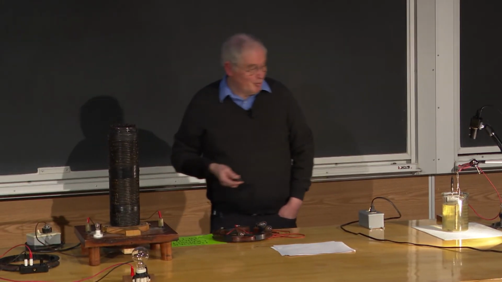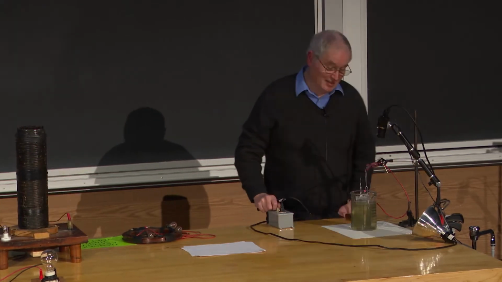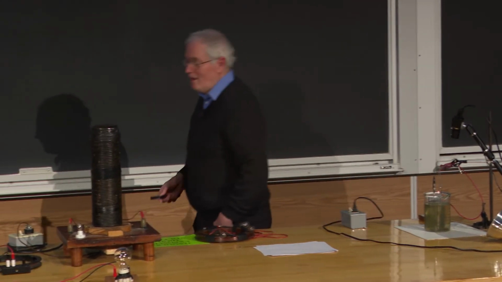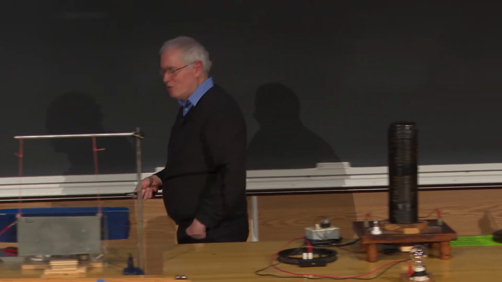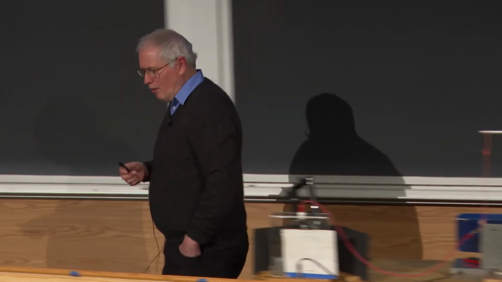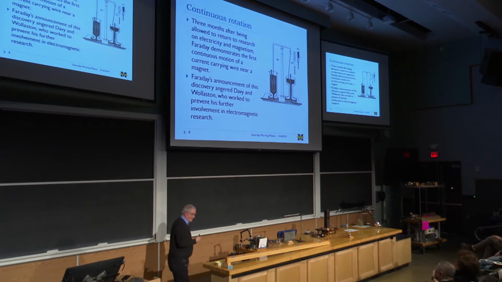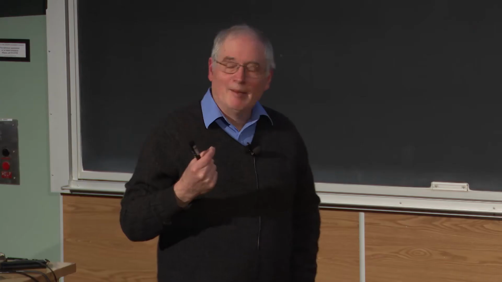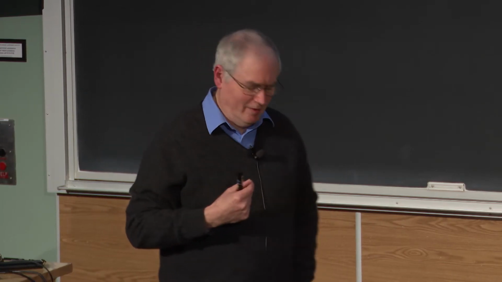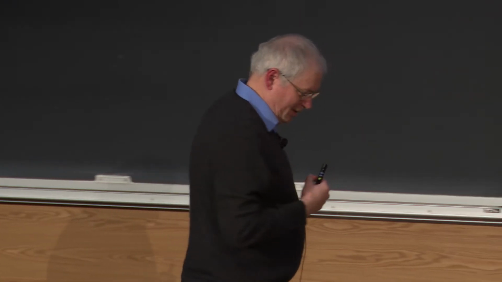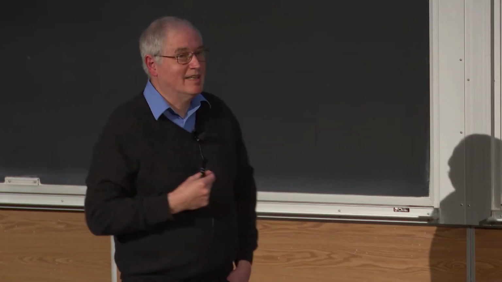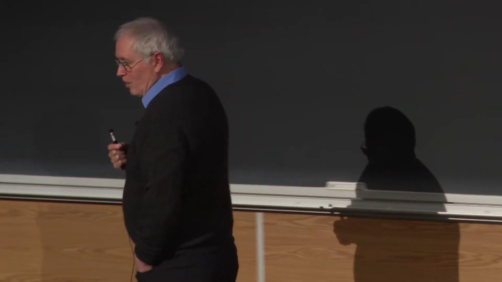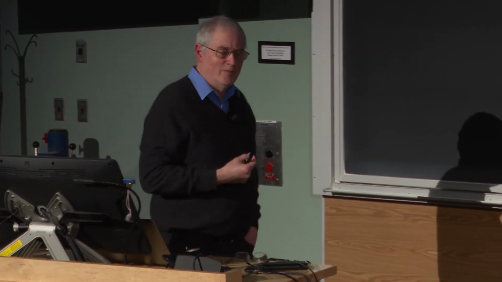Consequently, when Faraday published what was essentially the invention of the electric motor, rather than being allowed to continue to work on it, Wollaston, who had the theory that the wire should rotate on its own axis, basically kept him out of being a full member of the Royal Society. And he was again asked to work on something else. Another example of, at that time, the consequence of speaking truth to authority.